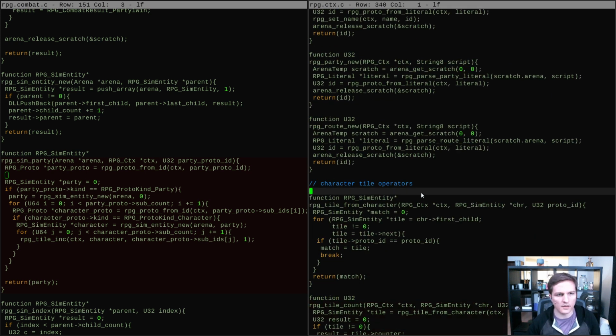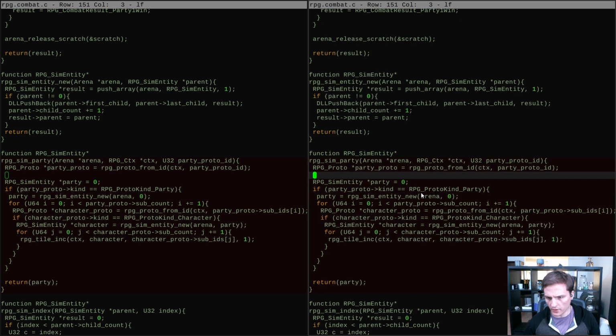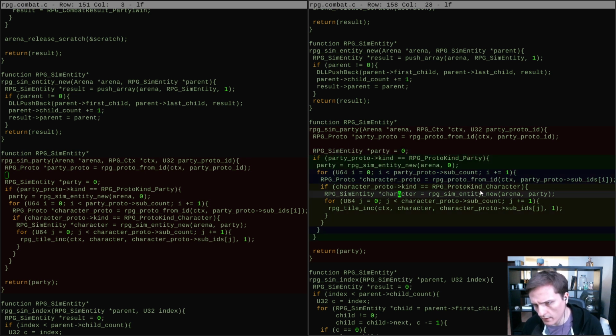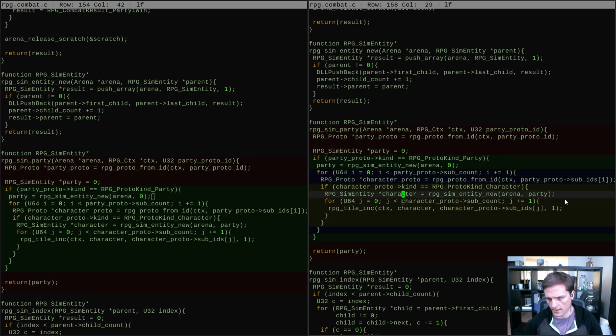So what's happening there is that we build one of these parties by constructing the entities. We get the character entity, and then we just increment these one at a time. What we actually want to do is to get from the proto, not the set of proto tile IDs to increment, but rather the initial states to give them. That way we can do something more like